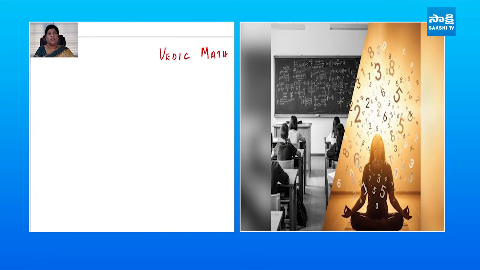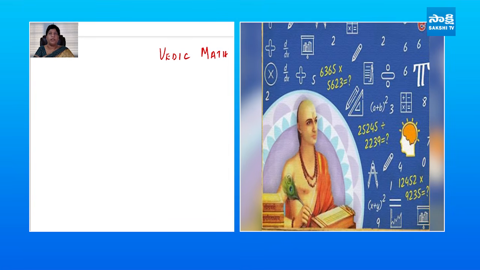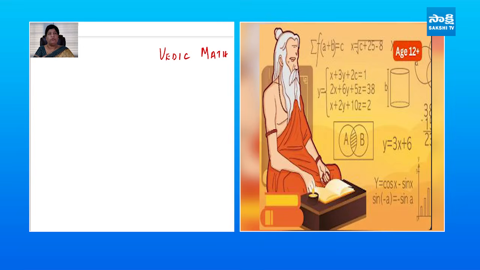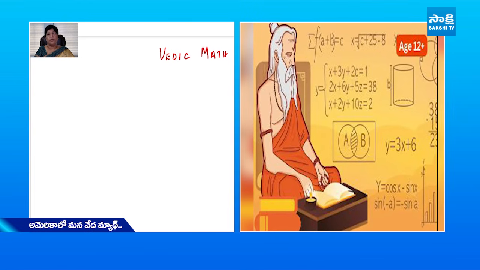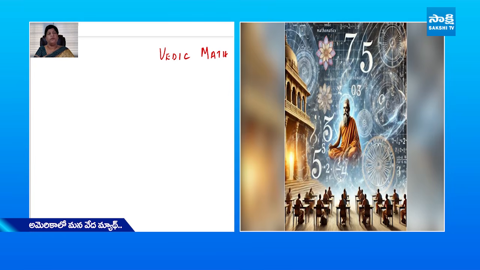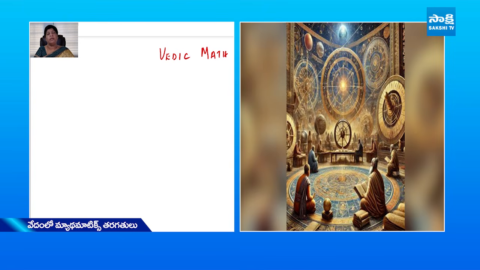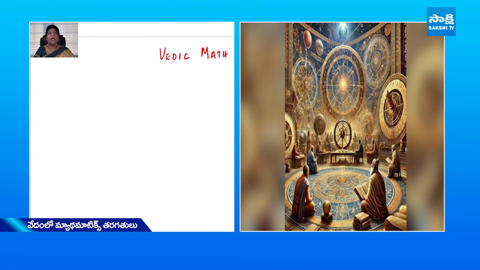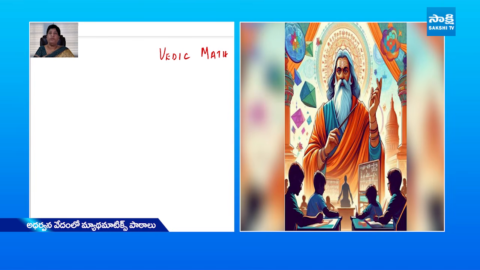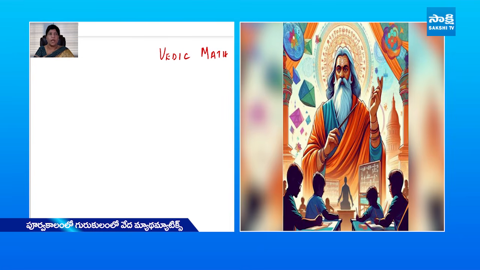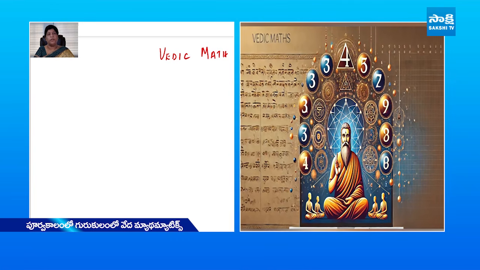Sri Bharati Krishna Tirtha, Shankaracharya of Puri, used to get visions of mathematics. When he reached out to his gurus, they advised him to meditate. Following their advice, he went into the forest, performed penance for over 7 years, after which he could actually visualize these mathematical sutras. After returning from the forest, he compiled his knowledge and wrote books on these Vedic sutras. However, unfortunately, only one of these books is available today.